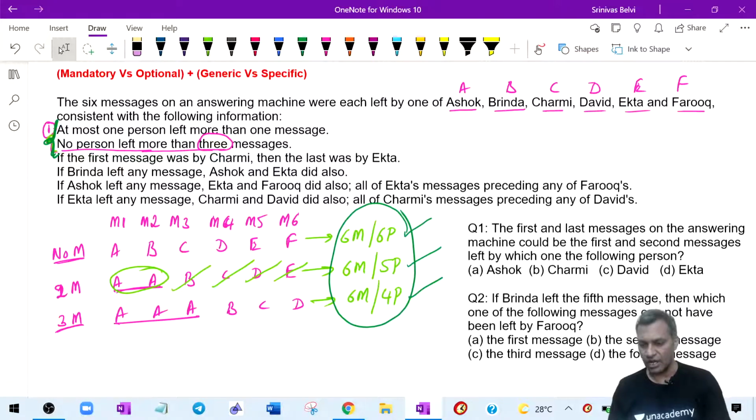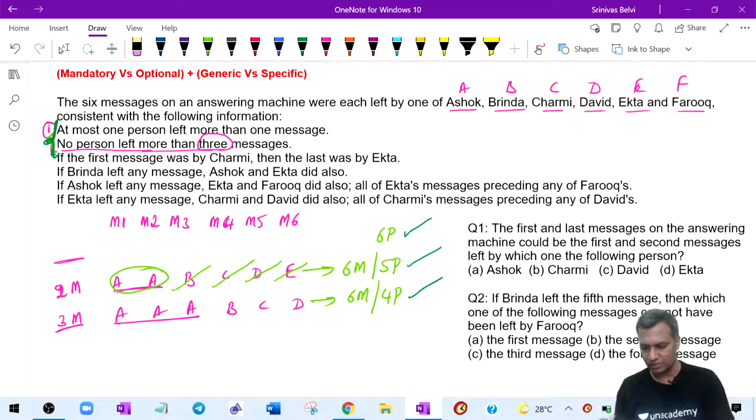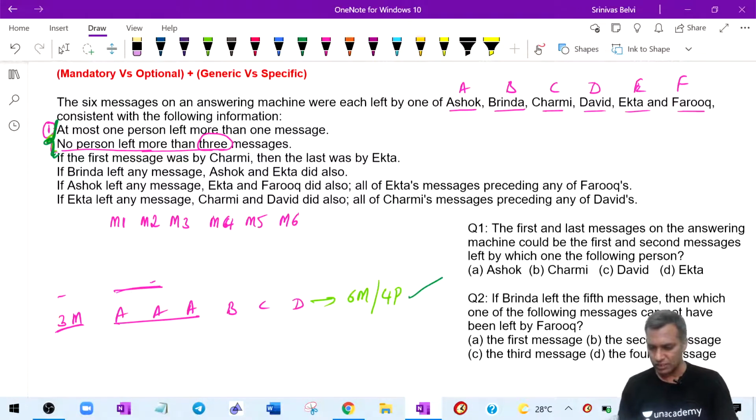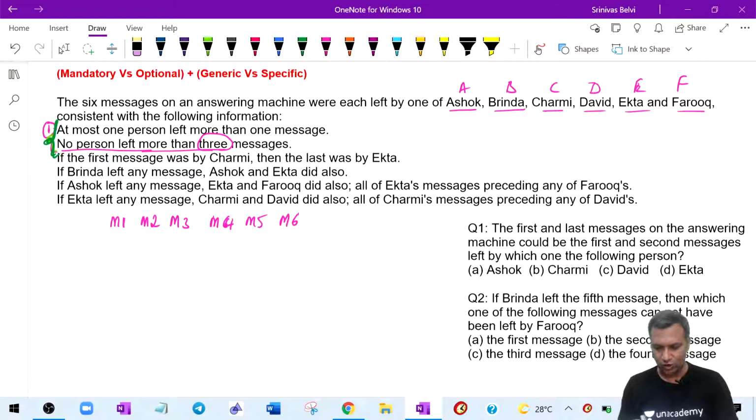When we said generic, how it is putting the structure in our mind? That's clear. Very good. All right. Now let's come to the specifics. Okay, let's record this somewhere else.